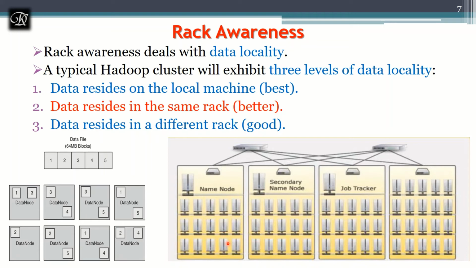And next, a secondary name node. If this particular rack goes down, the secondary name node will continue with this, and that is why it's kept in one more rack. And the job tracker, I told you, is the one main important thing which keeps track of which data node is doing what job and all those tasks. That's why this is also kept in one more rack. And now all the remaining data nodes are kept in a different rack.